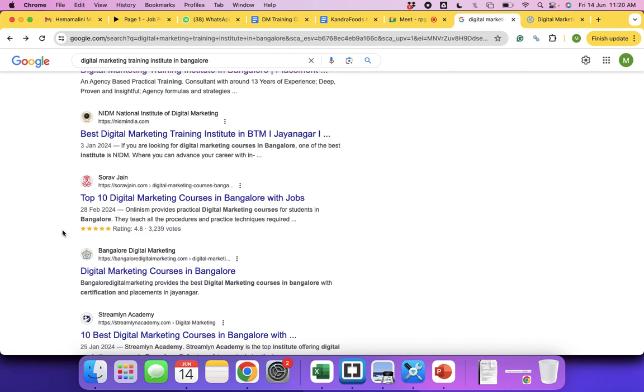If we have to help Googlebot understand the way we understand, we have to use a language that it understands, and that is schema code. For example, let's assume none of us here knows English, and if I have to communicate with you, I have to speak in a language that you understand, correct?